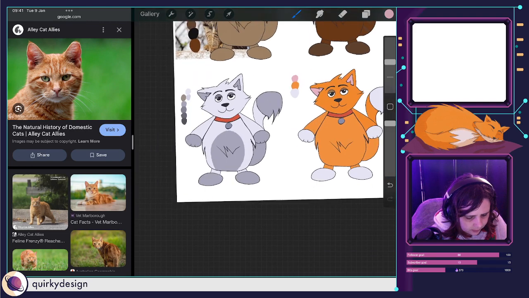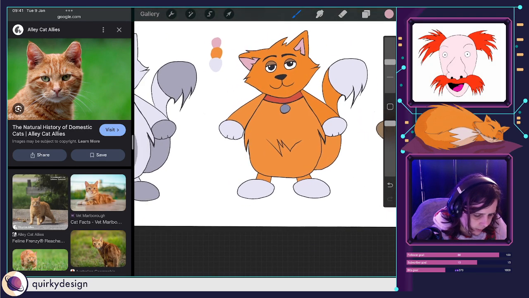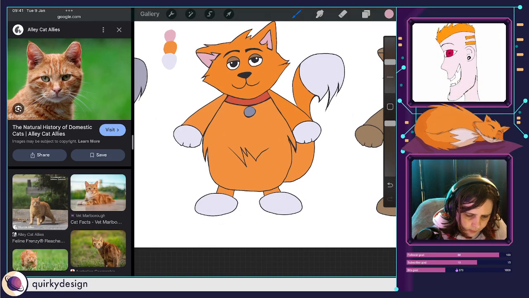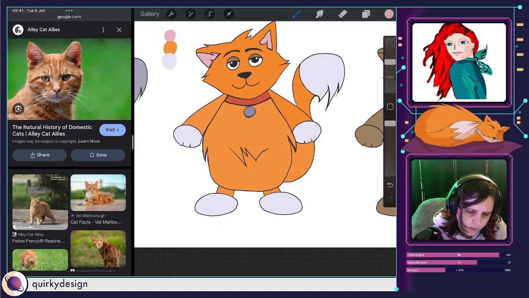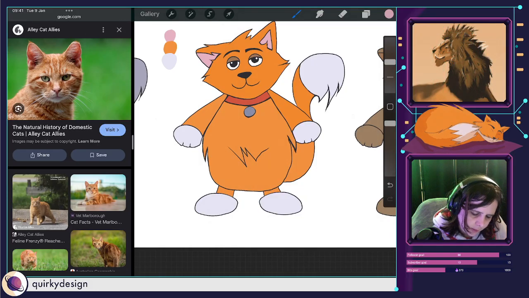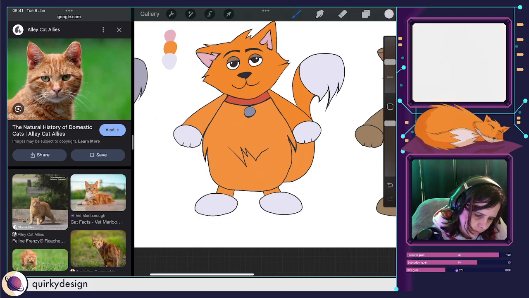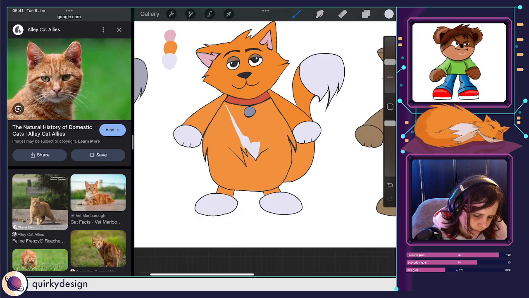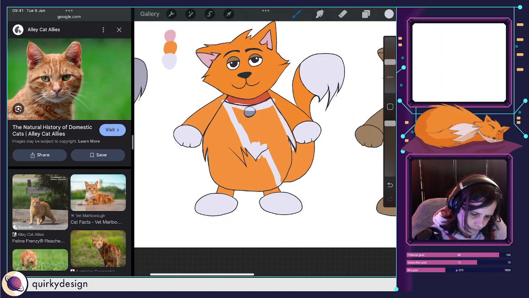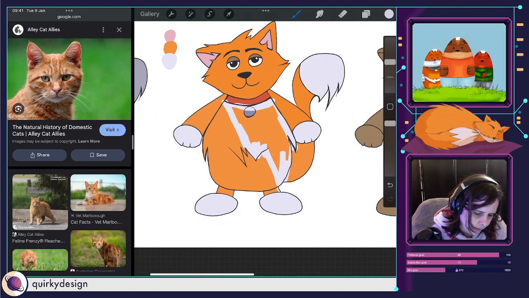And I think again I like the idea of having white on the belly area. I'm going to probably try and do something interesting with the pattern. So let me just have a little concept with it. Don't worry, I'll get it neatened up afterwards.